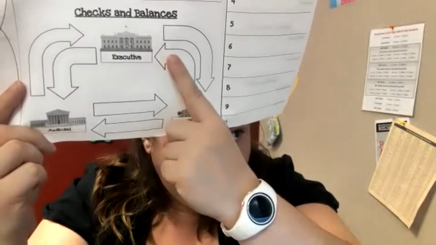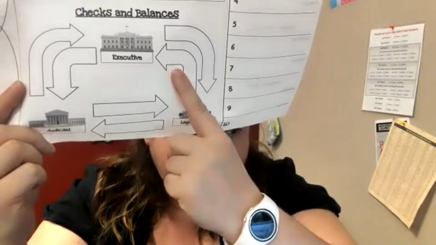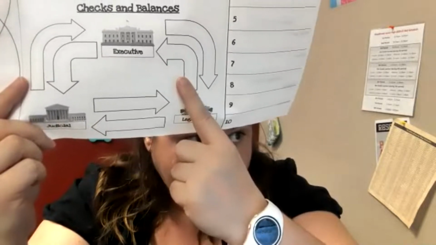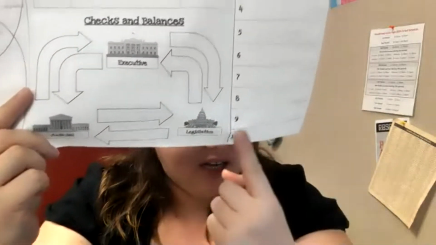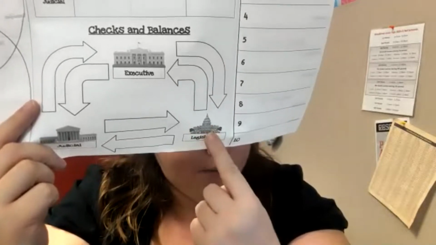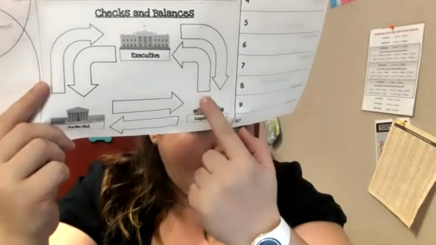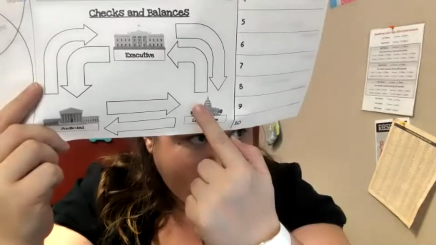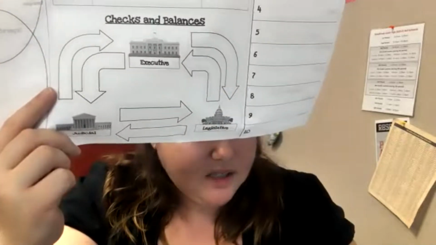So you would write right here: Senate may confirm president appointments, which would be the Secretary of State. Congress may override a presidential veto. And then Congress may impeach a president. So again, that is showing you that the legislative branch, which is made up of the Senate and the House of Representatives, can impeach the president. They can also override a president's veto. And they can also confirm the president's appointments, which means the secretaries, the Secretary of State, the Secretary